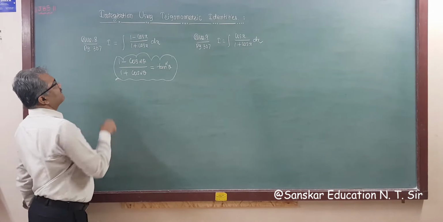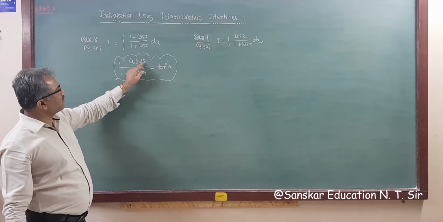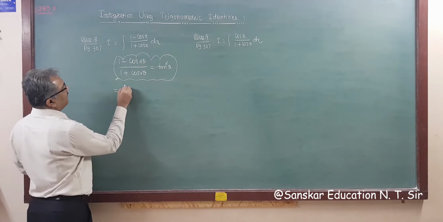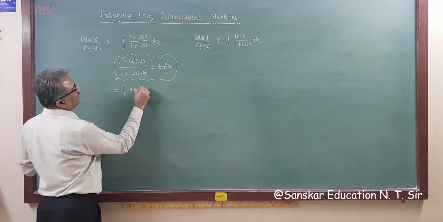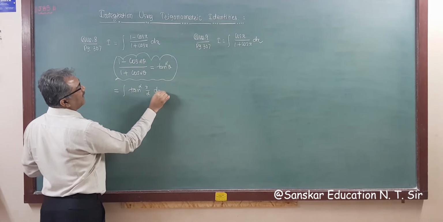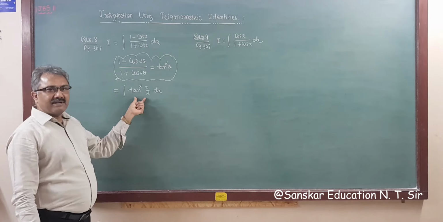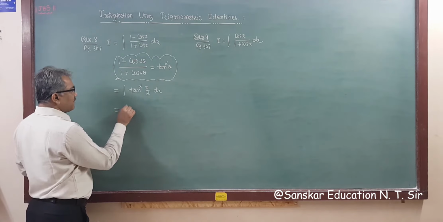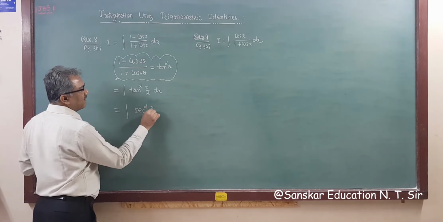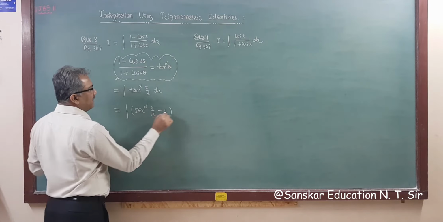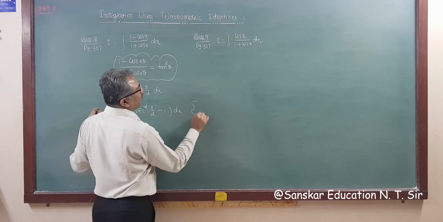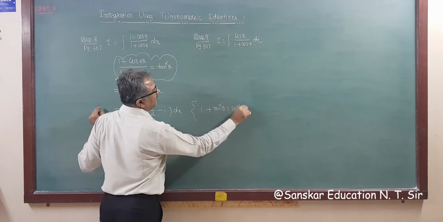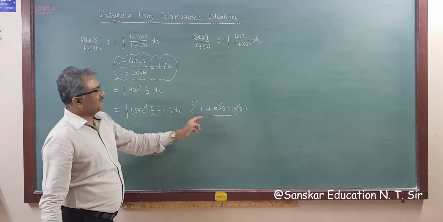So applying this formula here, 1 minus 2 becomes 1, so 1 becomes half. The answer will be integration of tan square x by 2 dx. Now we know tan square is not directly integrable, therefore we have to change it into sec. So tan square theta is equal to sec square theta minus 1, because 1 plus tan square theta is equal to sec square theta.